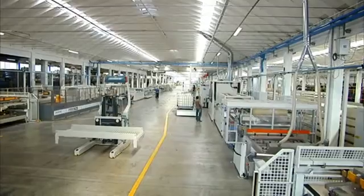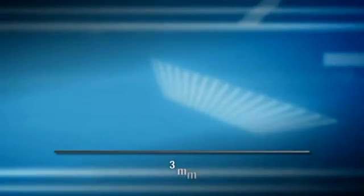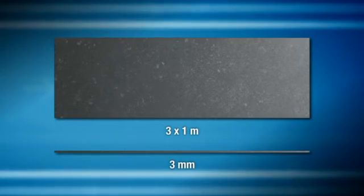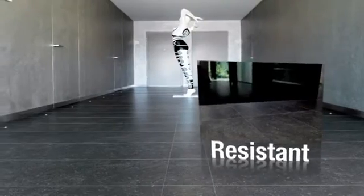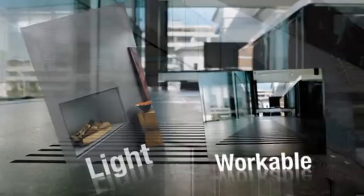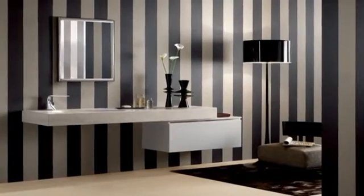This ceramic tile condenses all the top quality features of state-of-the-art porcelain stoneware in a thickness of just 3 millimeters. Tiles also come in innovative formats of up to 3 meters by 1. Designed with contemporary architecture requirements in mind, these extra-thin slabs are tougher than stone, lighter than aluminium, yet more flexible and workable than traditional ceramic, which means they're ideal for a whole range of interior decor uses or to clad